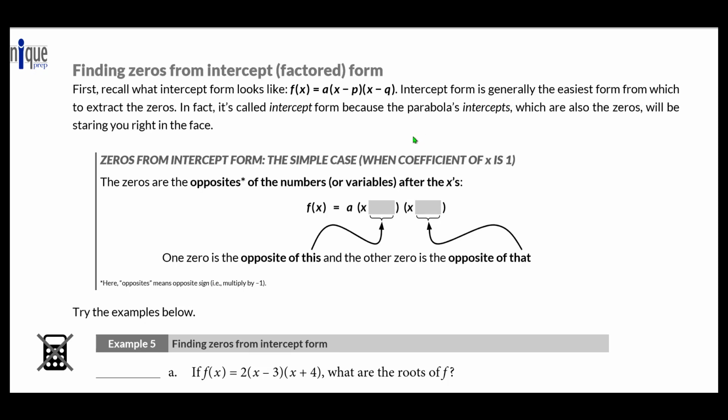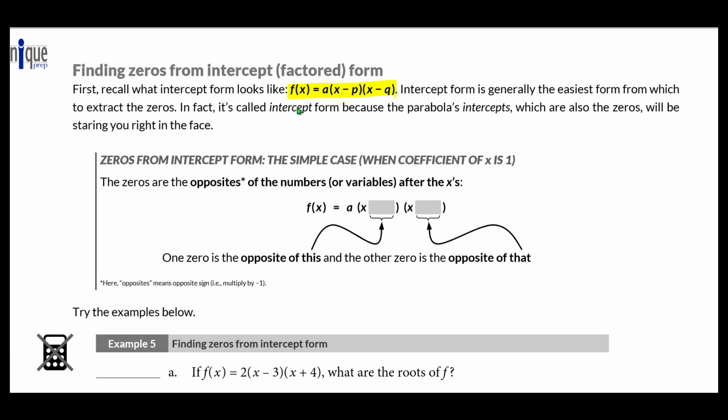When it comes to finding zeros from intercept or factored form, our job is pretty much as easy as it can be. The reason that intercept form is called intercept form is because it puts the parabola's intercepts front and center. They are actually just right there. So you will recall that intercept form